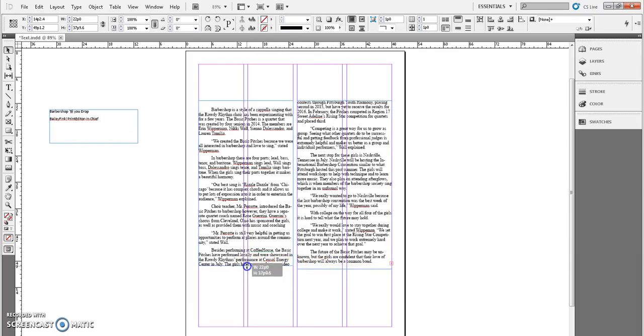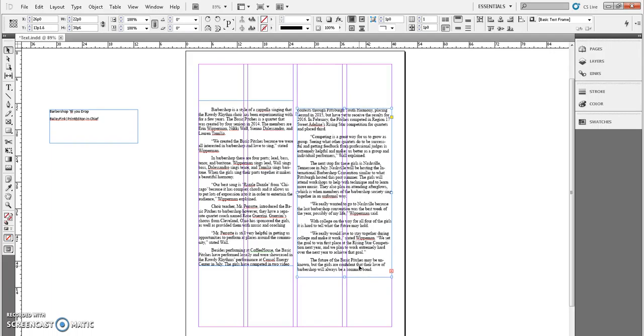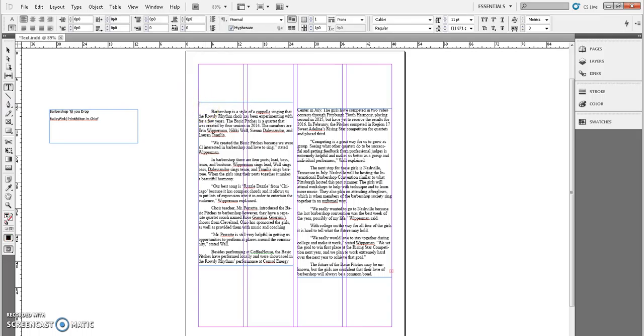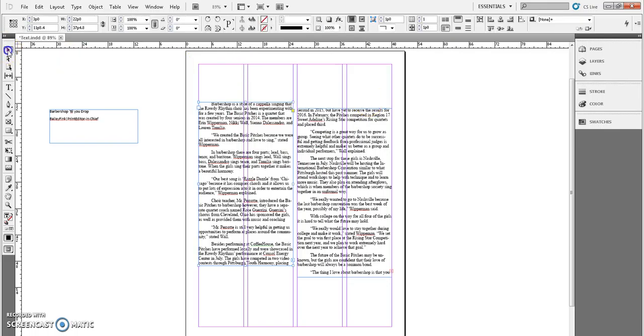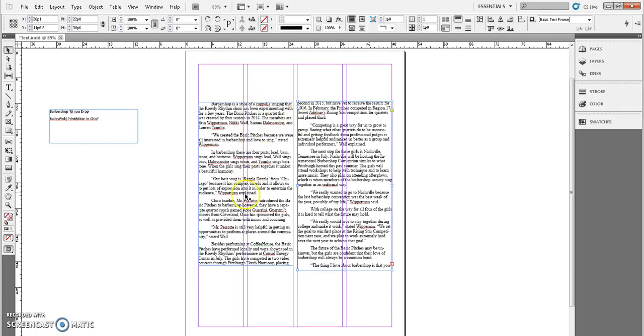This one is just a little bit more, so I'm going to try and, it's kind of hard to get the spacing exactly right. I'm going to move this column down just a little bit so things are even. I'm going to delete the space in here. I'm going to click on the text tool and delete this space so it's at the very top. Then I'm going to move these two columns until they're about the same